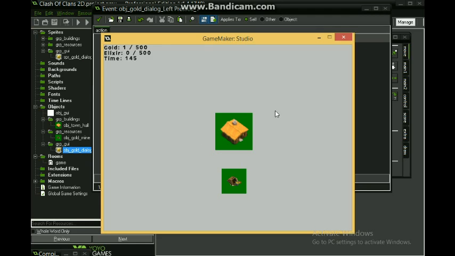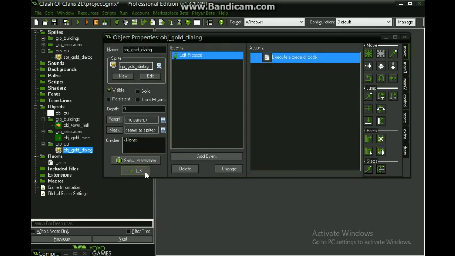Yes, we did it. Nice. If we say 2 there, I'm just going to leave that. I hope it's 3. Yes, it works perfectly. It's now generating gold. That's pretty cool.